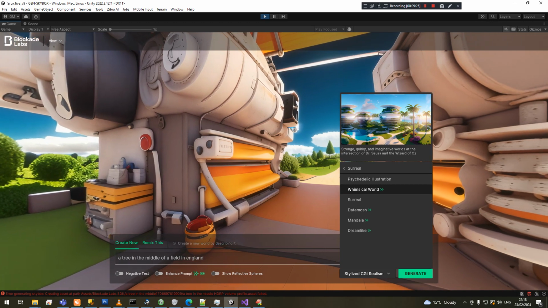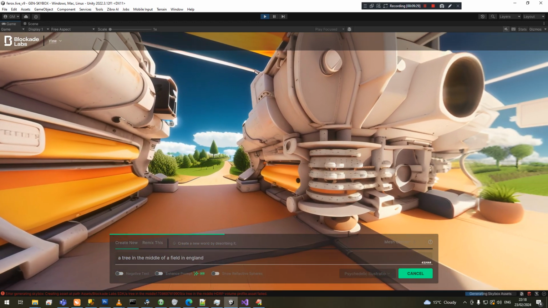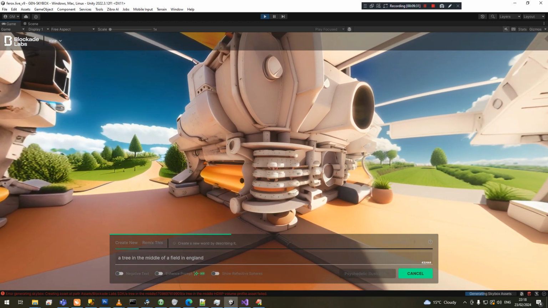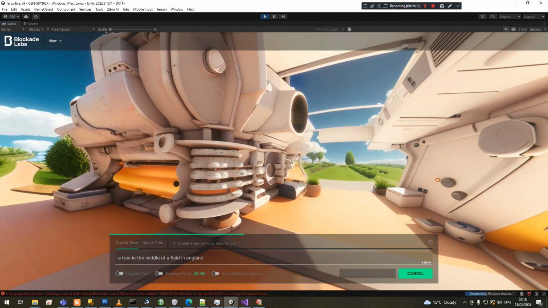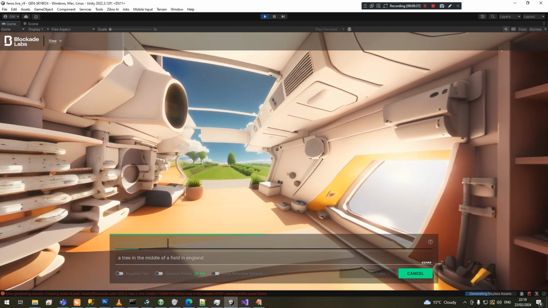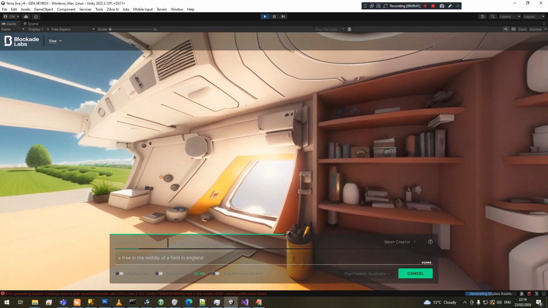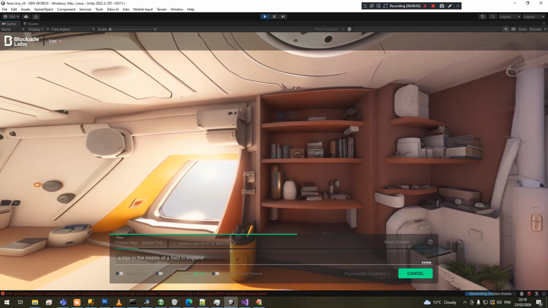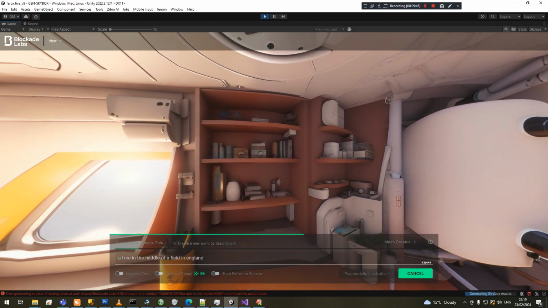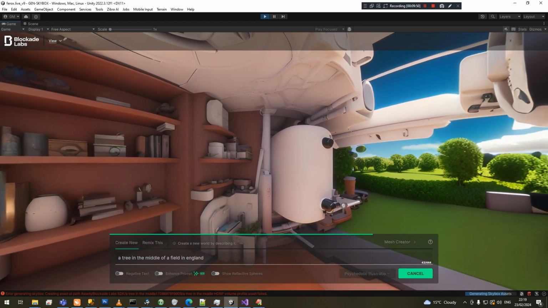Surreal. Psychedelic illustration. I mean, this is amazing, isn't it? It would take me my entire lifetime to get the skills to be able to render that myself. I can't do any good 3D rendering. I can code, I can utilize assets. So this is absolutely ideal,